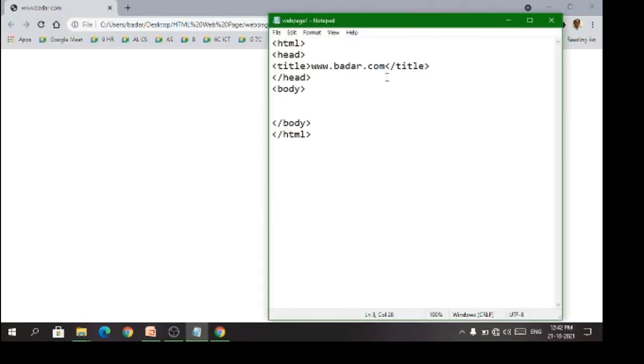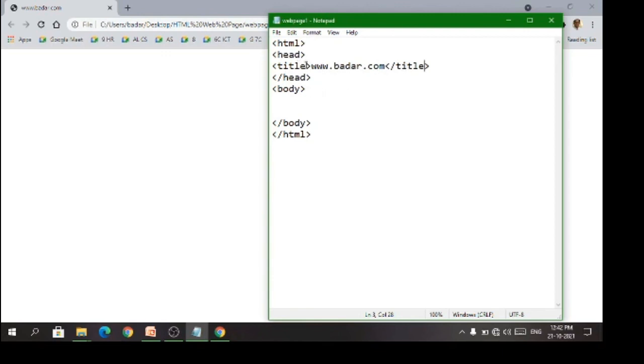Here you can see at the top that the name has changed. Now the name has changed to www.bother.com. This is what we can do if we want to give some name for a particular web page, the title. Inside the title you need to specify what name you want in the title bar.